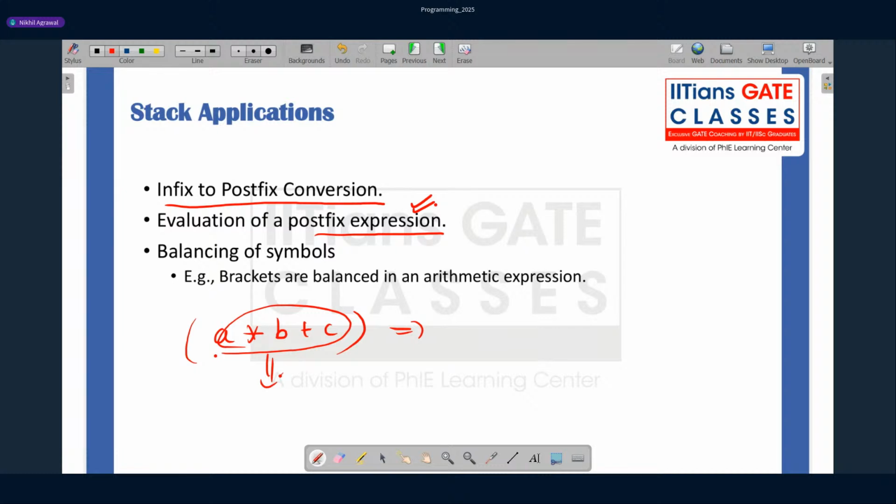So whenever we write an arithmetic expression, our compiler converts it to postfix, and then this postfix gets evaluated. That's why the postfix expression comes into the picture. And whenever we do postfix expression evaluation, it can be done through stacks.